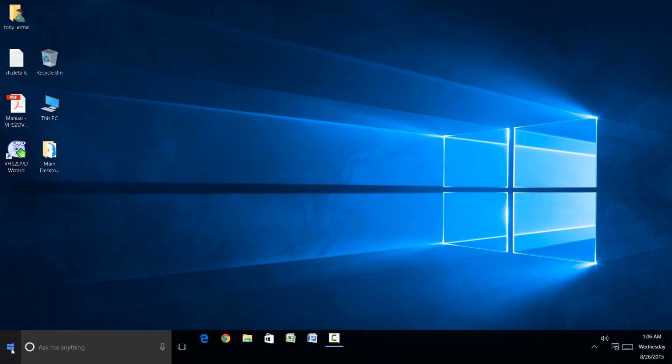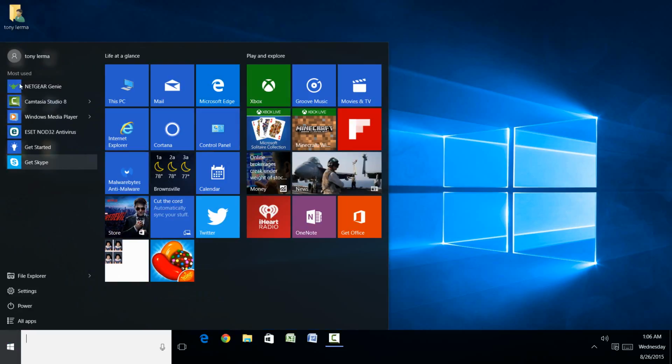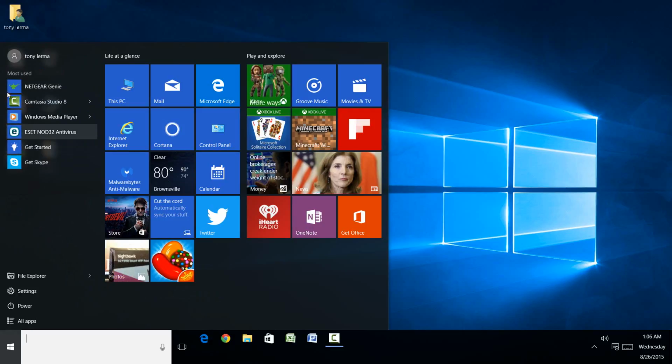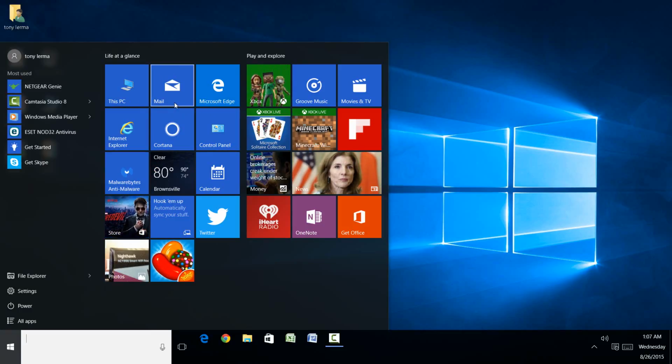I did enjoy Windows 7. I like their start menu. And I pretty much have it here. I kind of have it formatted the way I had it in Windows 7. So I have my main programs available here, most used programs. And then over here on the right, these apps, my PC, where I can go to my files. If you have several emails, the mail icon app is nice because you can organize all your emails there with the password already entered. So you can just go to one area and check all your different